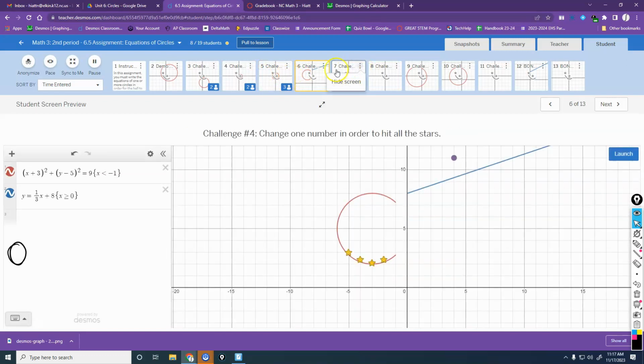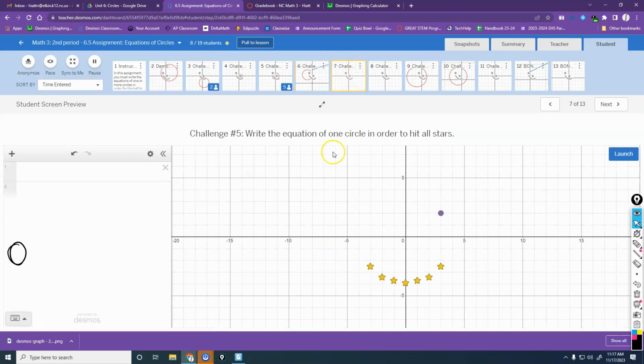Then it is going to go to ones where you have to write the equation of the circle. So you would kind of guess like, oh, I think the center needs to be at 0, 0. So x squared, or you could do x minus 0 squared plus